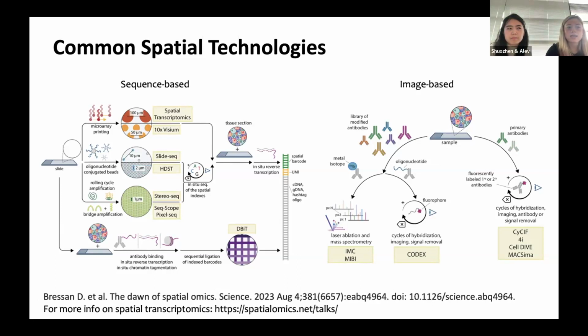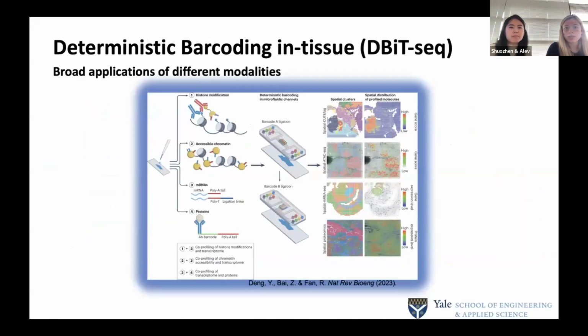On the right-hand side, you can see the primary antibodies are bound themselves and are stripped after each round of detection or chemical cleavage in the technologies that we see here as well. These spatial methods are extremely successful, mainly because they're very well commercialized and available to people to use, and they're really exciting. So to jump into dbit-seq,